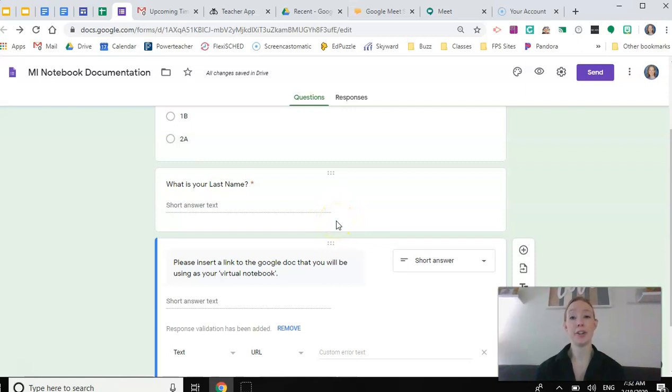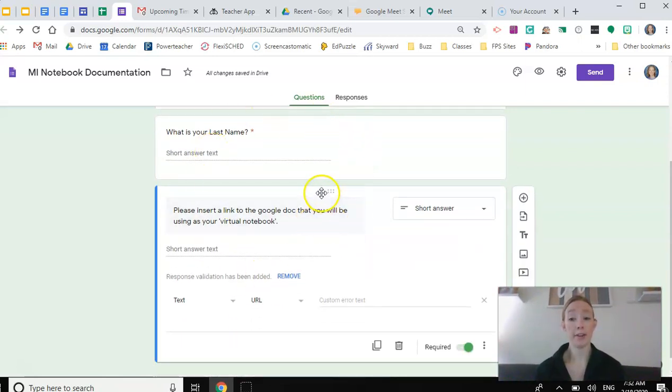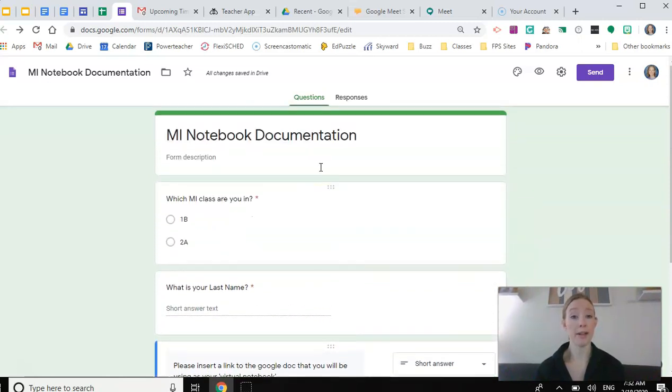And kind of monitor you as the days go on. So at the end of the day, I might just click on your links to see, did you take the notes that you were supposed to take? Did you learn the things that you were supposed to learn? It's just one way for me to check up on you, whether it's an uploaded photo of an actual piece of paper or if it's all electronic typing, that's fine too. But please today, go ahead and fill in this Google form so that I have a record of everybody's actual work.